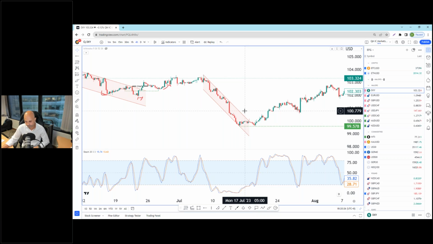Similarly here, you can see stochastics have been oversold since the 7th of July, all the way till the 18th of July, so for a period of 10 days, stochastics were indicating an oversold position, but obviously price hadn't reversed yet. But once price did eventually break above the upper trend line of the bearish channel, you can see here it made a double bottom. This is what we would call a pullback support, price making a double bottom and then bouncing off here. So we have the combination of price forming a double bottom at this point in time.